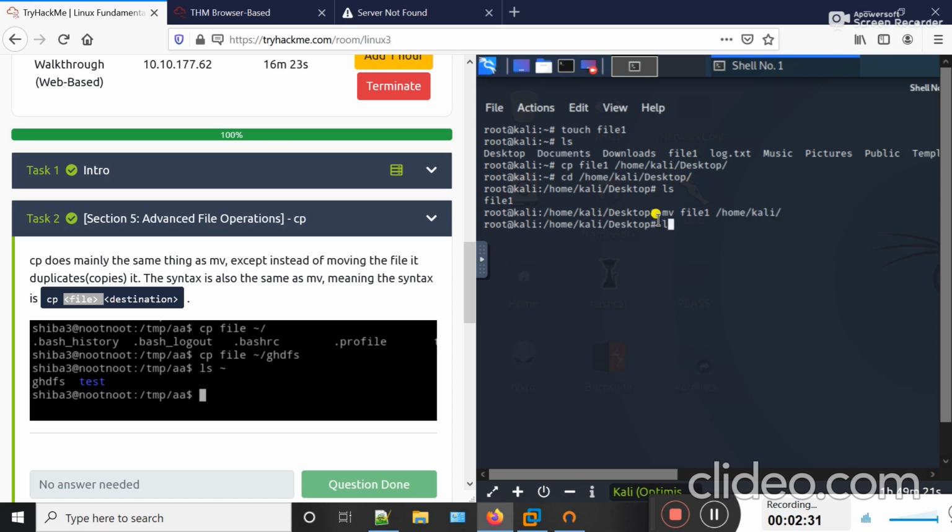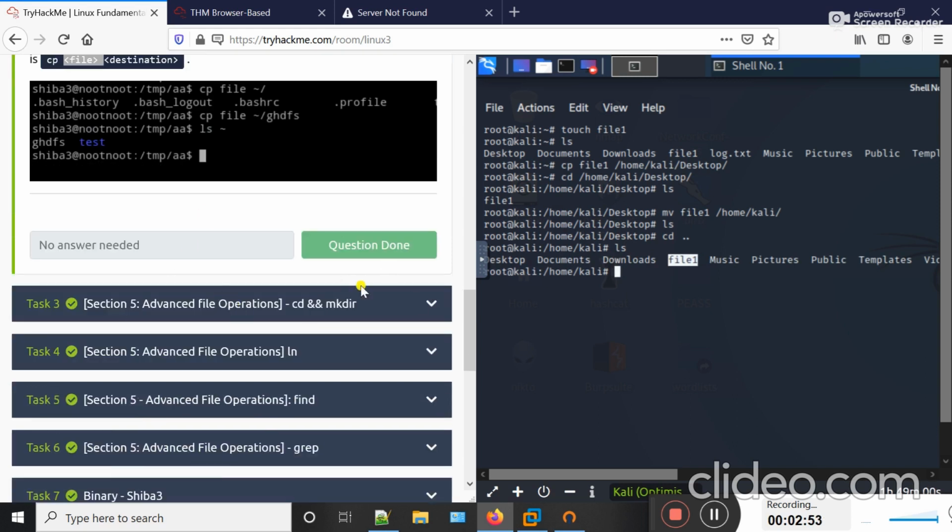If I type ls, you can see that from the desktop this file has disappeared as it moved to the Kali folder. Now if I type cd .. and then check whether file1 is present or not, you can see that file1 is present here. So I hope you can understand the basic difference between cp and mv commands.